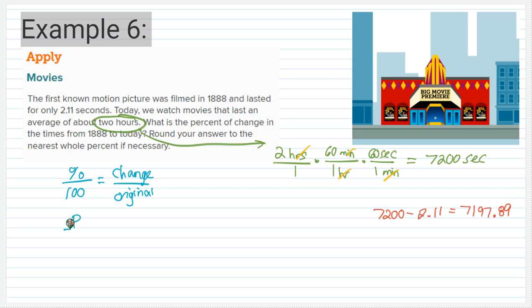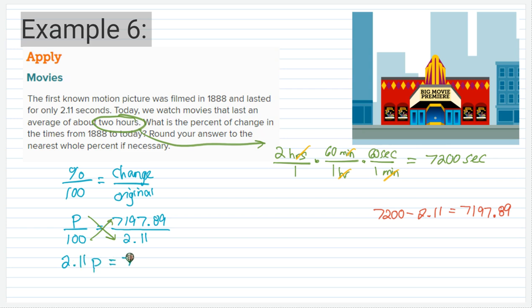We're trying to find the percent change, which is out of 100. The change was 7,197 and 89/100 seconds, so pretty big change there. And my original, where we started, was only 2 and 1/100 seconds. At this point, we're going to do our cross products. That means P times 2 and 1/100, and 100 times the 7,197 and 89/100. Multiplying across the diagonal, we end up with 2 and 1/100 P